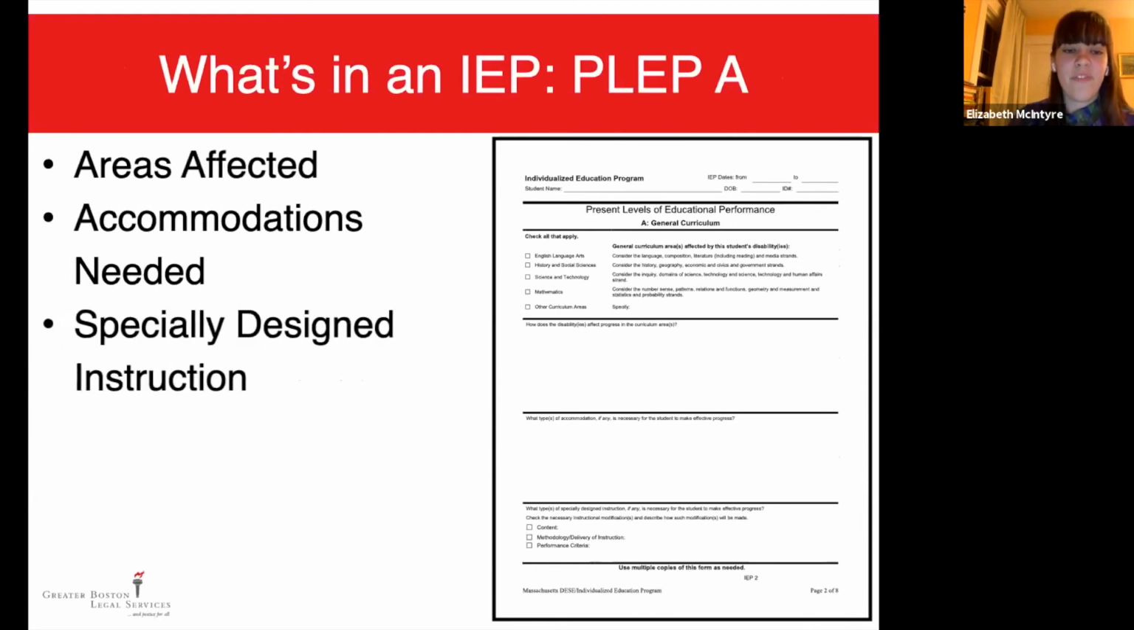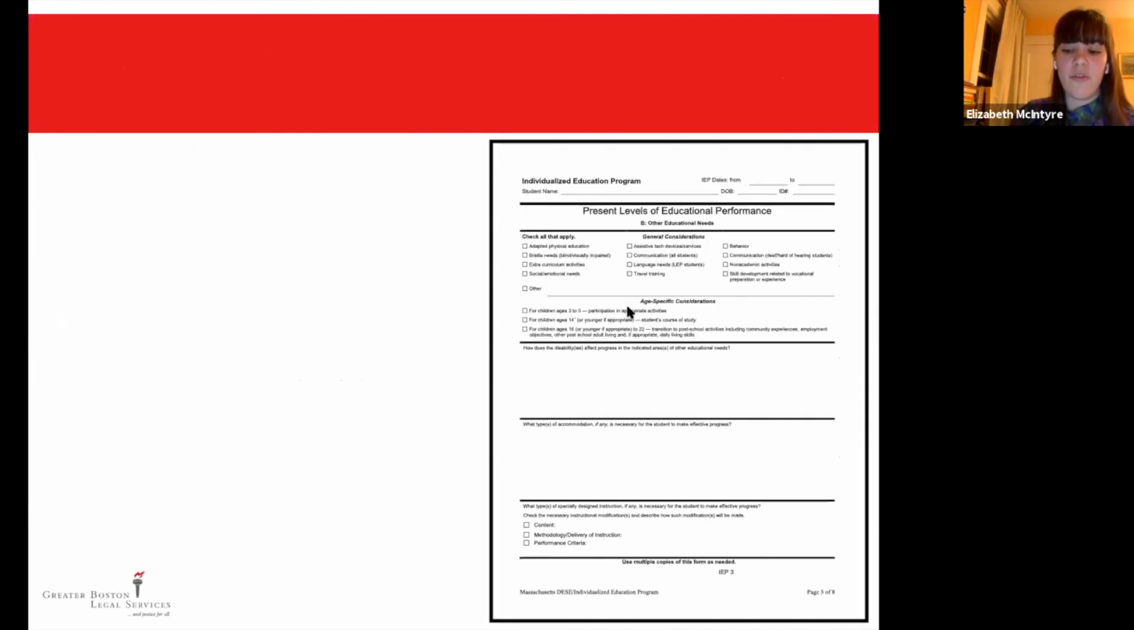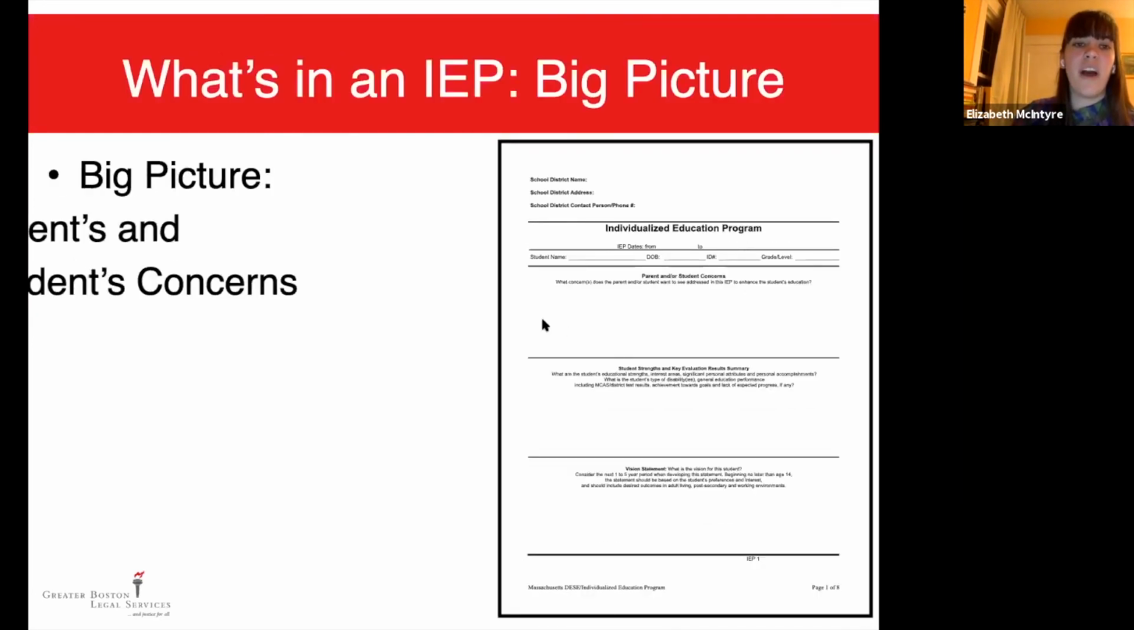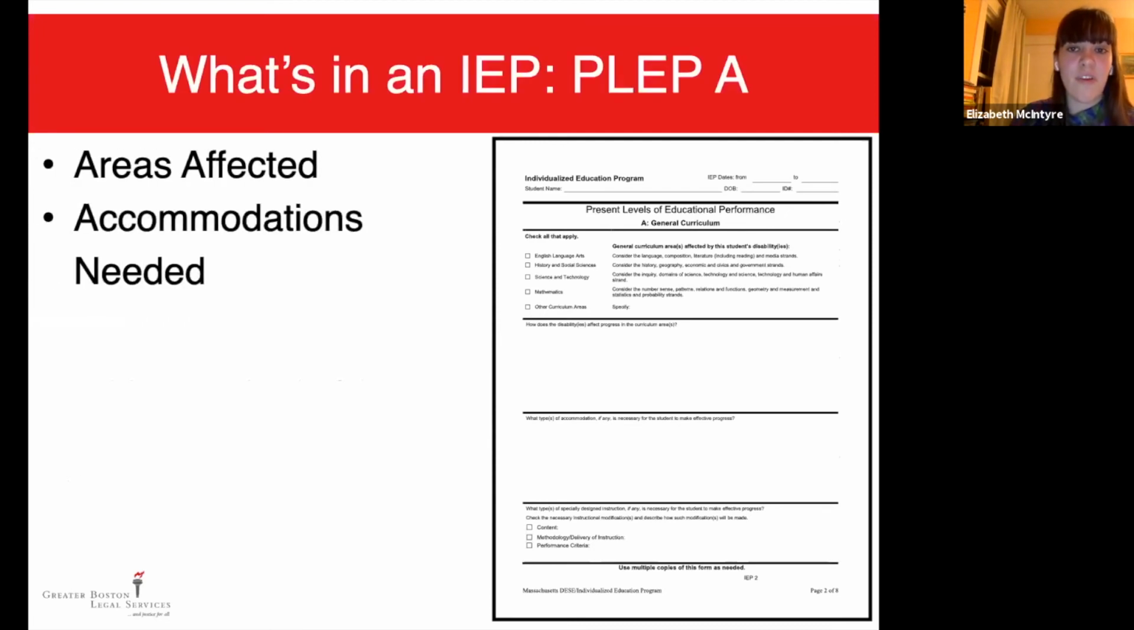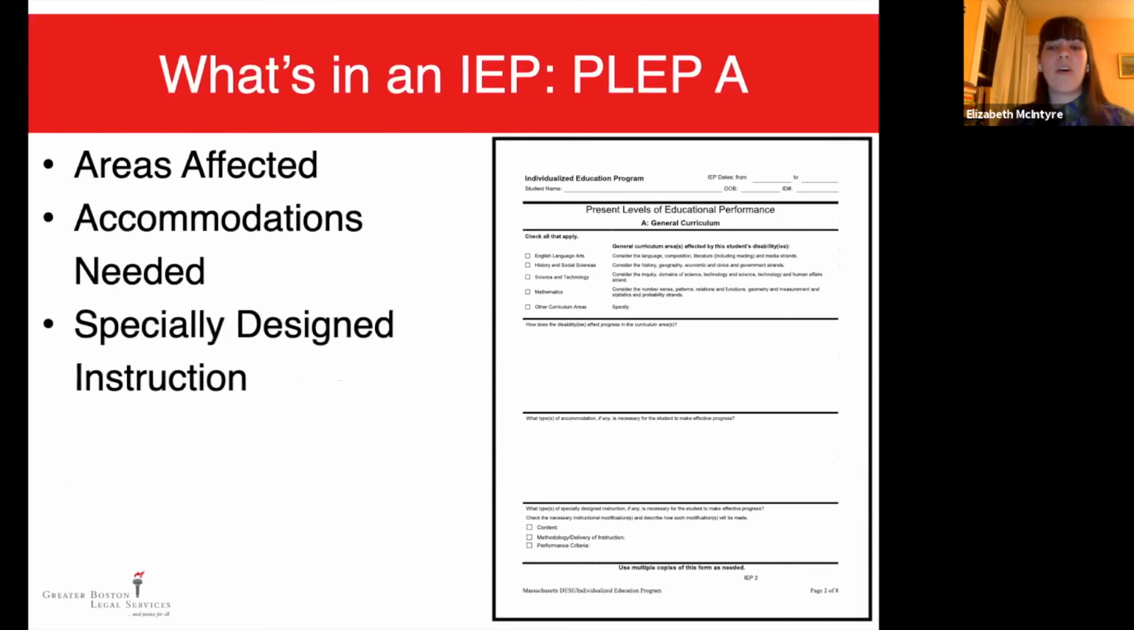Okay. What I'm going to do so folks in the chat don't feel left out, I'm going to go through this whole thing and then we're going to look at questions. So after we go through the big picture, we're going to go to what we call present levels of educational performance A. People call it PLEP A because everything has to have an acronym. PLEP A says, how does the student's disability affect their work in school? So the first thing is, you can see right there, it says